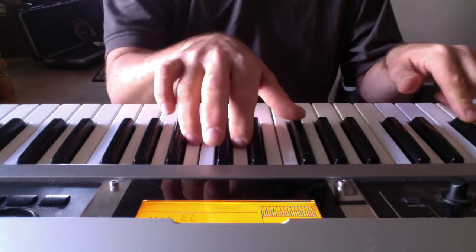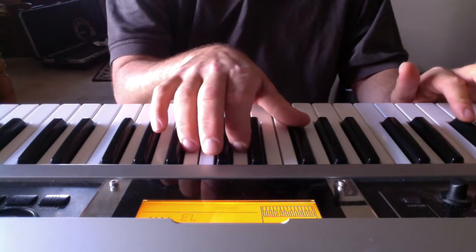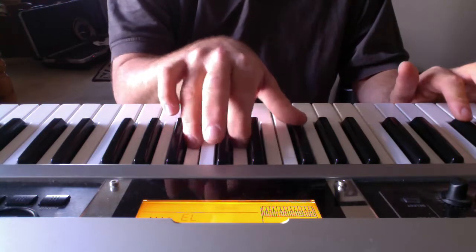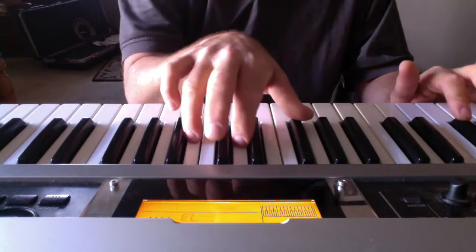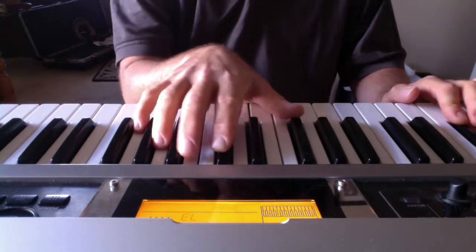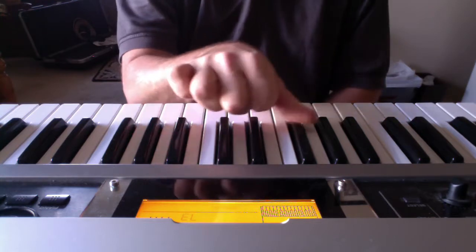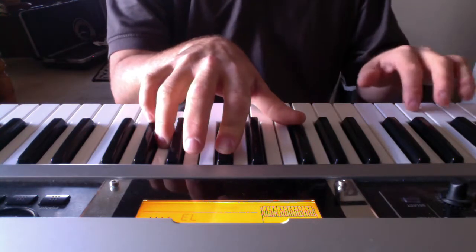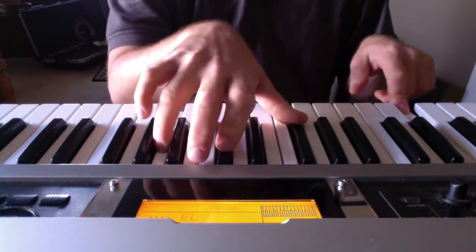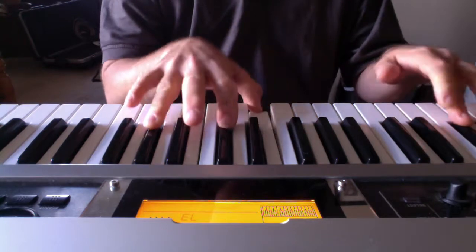I go to a B flat chord. I'm staying on the B flat with the bass. B flat, D, and F. I'm going to that E flat, which gives me the opportunity to keep my thumb on the B flat, E flat, and G, but now I'm playing a C note in the bass, and I get that C minor 7. So that whole section